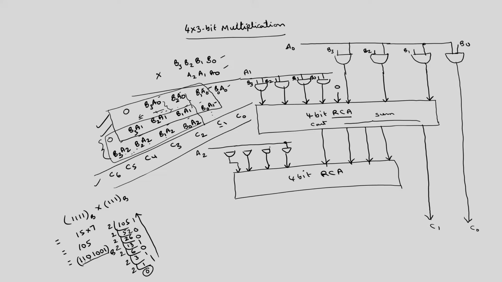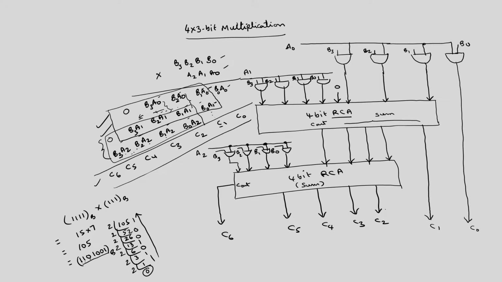So this bit is common. The other bits are here. This bit is B3, this is B2, this is B1, and this is B0. Then you will finally get this carry out. Total 5 bits you will get. Here the 4 bits are sum bits. This is the carry out, this is the sum bits. So these sum bits will act as C2, C3, C4, C5, C6.